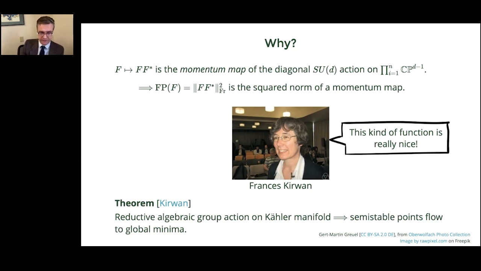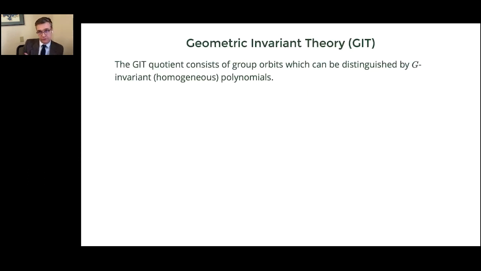And a sort of meta theorem is that if you have a reductive algebraic group action on a Kähler manifold, then the semi-stable points flow to global minima. And so this is part of a broader theory called geometric invariant theory in algebraic geometry, which maybe I don't want to get into, other than just to say that, in algebraic geometry, the idea is that you